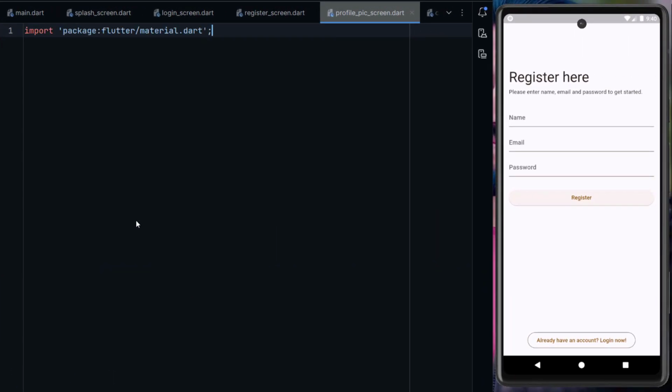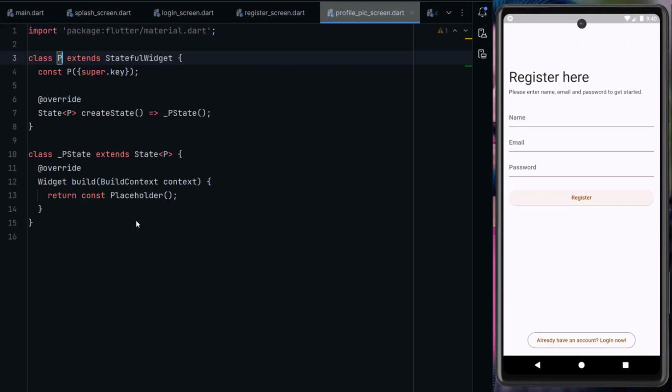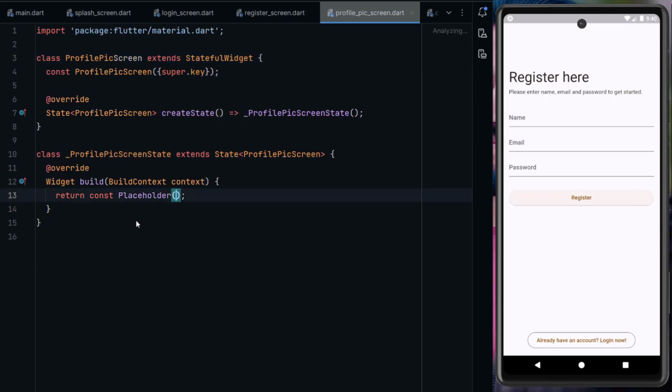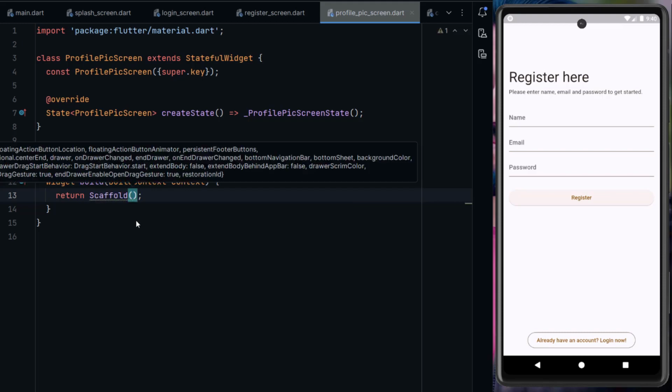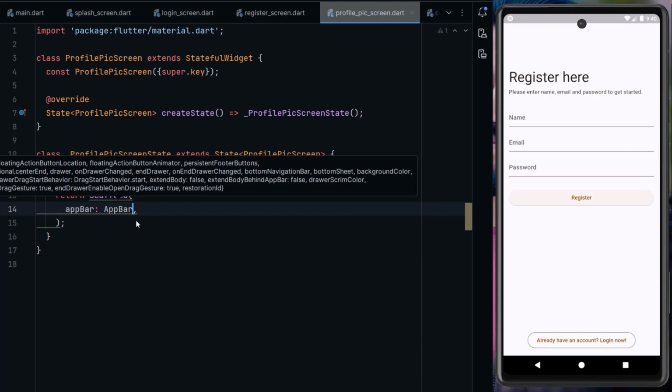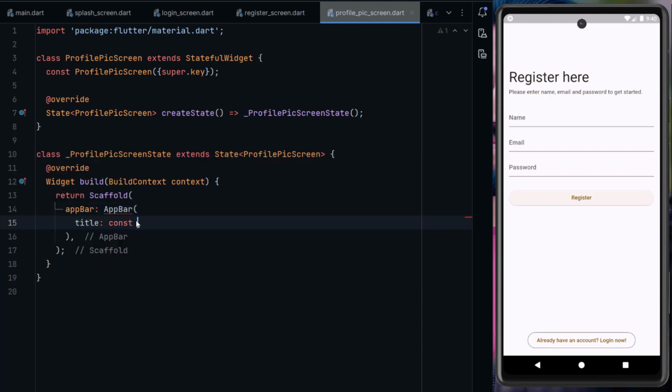Import material, stateful widget, profile pic screen, and return Scaffold, AppBar, title will be profile picture,